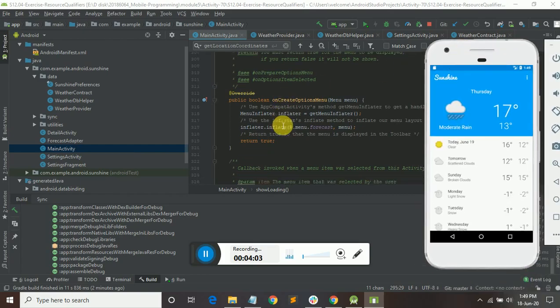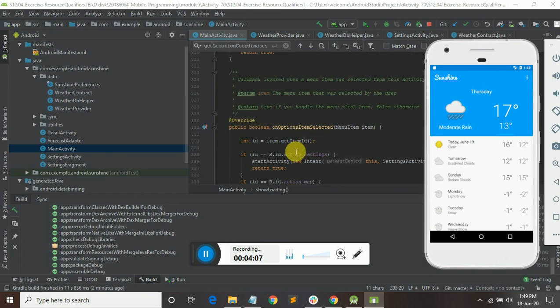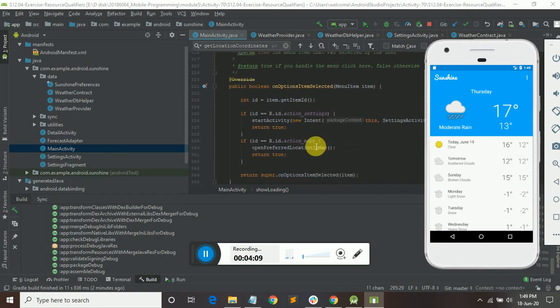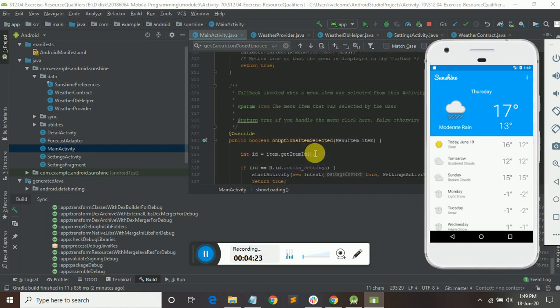For that it is used, and here you can see item.getItemId. This ID, you will get R.id.action_settings, we get from the XML. Main activity, you will get from Android manifest.xml, and this is the main activity.